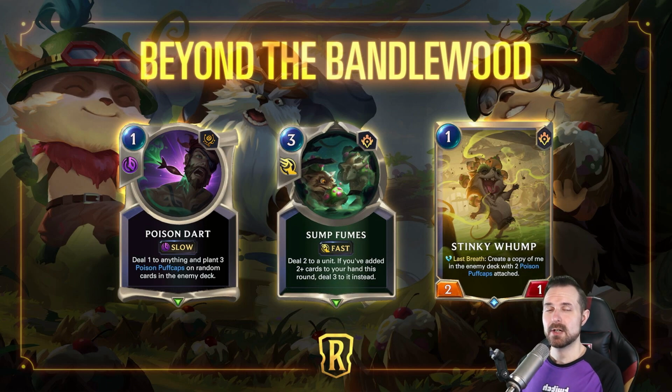But this 1-cost 2/1 says, last breath, create a copy of me in the enemy deck with 2 poison puffcaps attached. So this is fun because you're playing hot potato with a Stinky Wump going back and forth, but we get the bonus of sticking more puffcaps in their deck, and then we could potentially double the ones that are on this or double the damage that they do, right? If we're running Ava, this will deal extra damage, so we get the benefit. And if we obviously hit them with Teemo, that would double the amount of poison puffcaps on the Wump